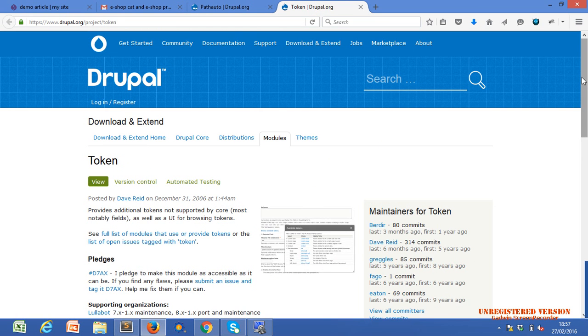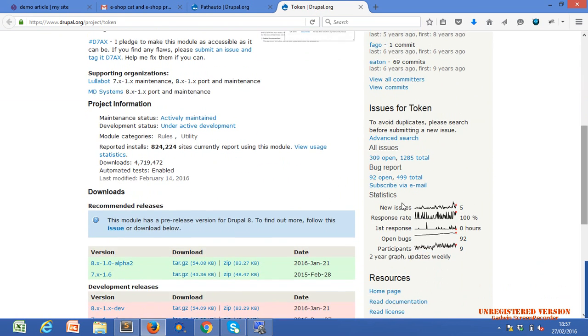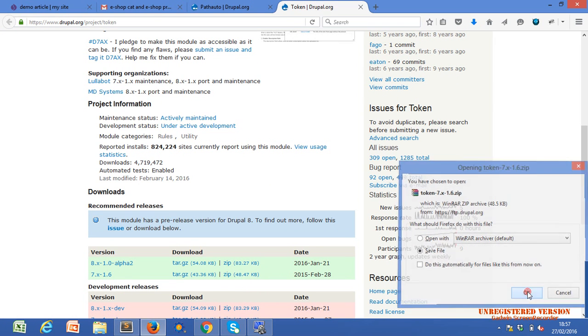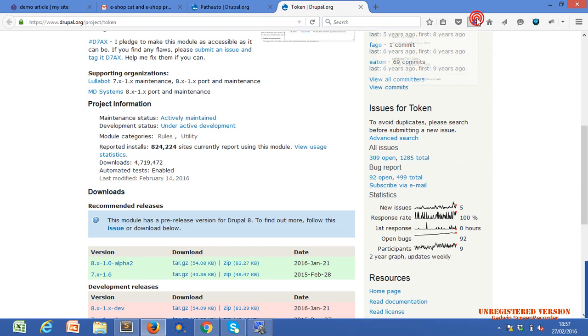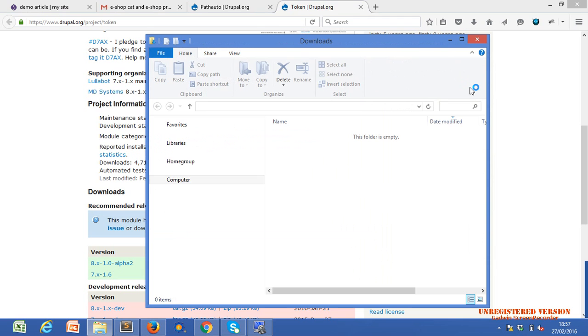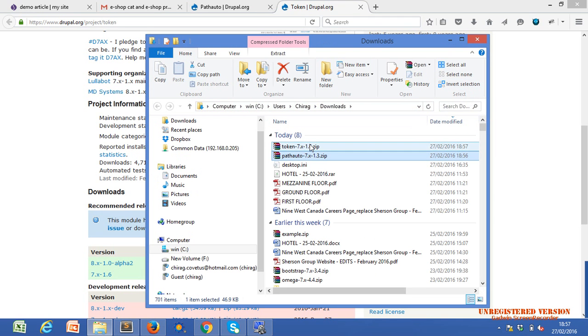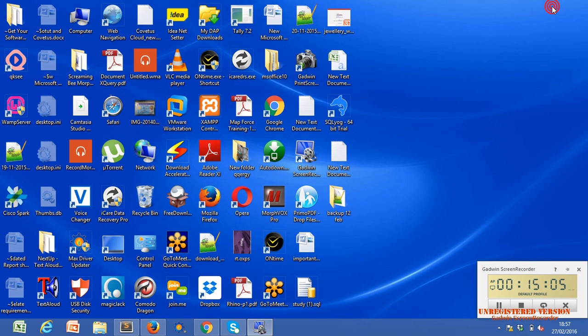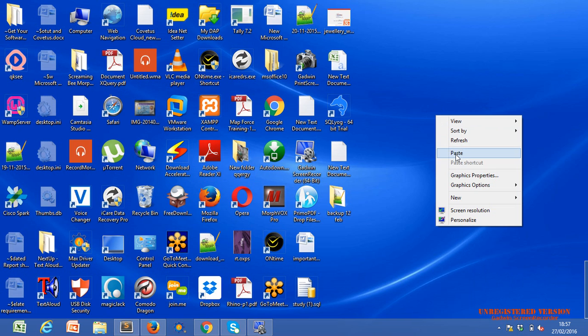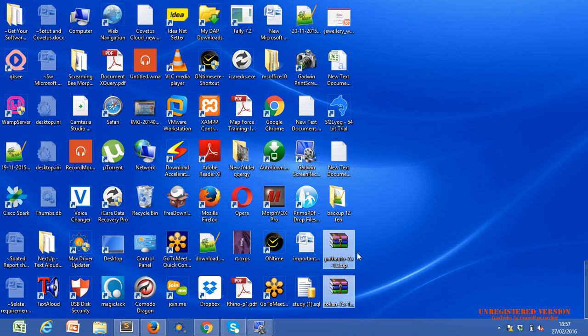We go to token, download it and save it. Within the sites folder, all modules, paste. There are so many files.